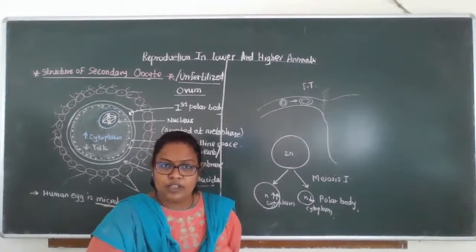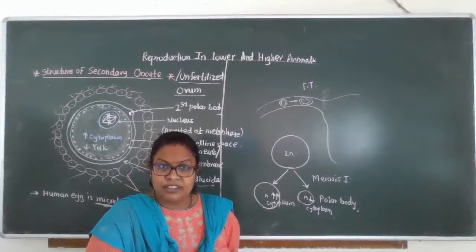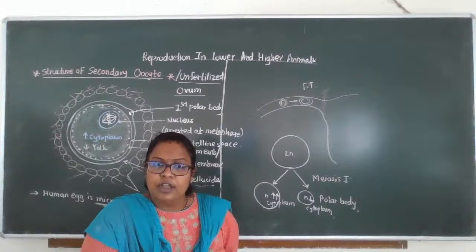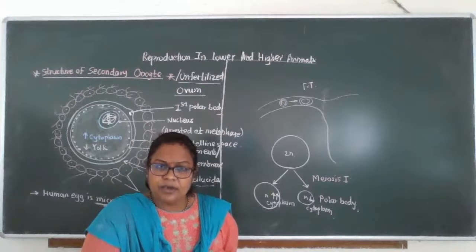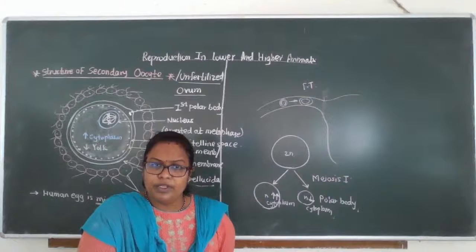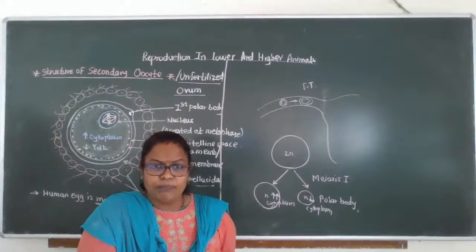The number of oogonium is maximum. Okay, mother cell, its number is maximum during the fetal condition, and afterwards, after the birth, its number is reduced to half, and up to puberty, its number remains near about 40,000. Right? So this is all you know.